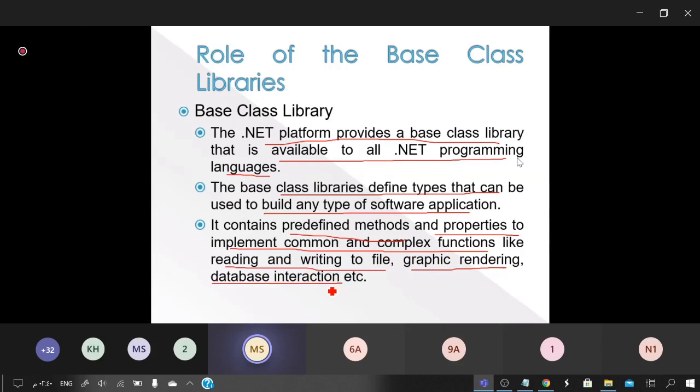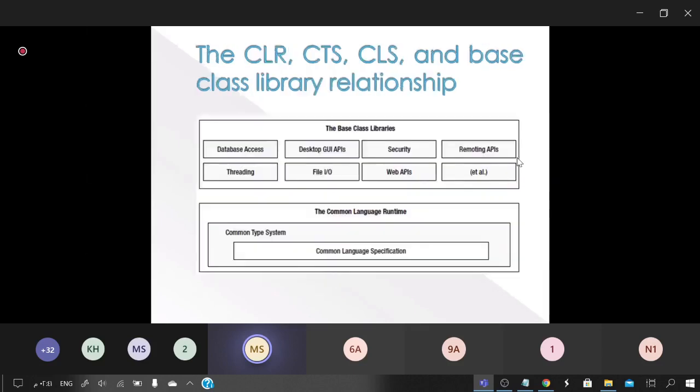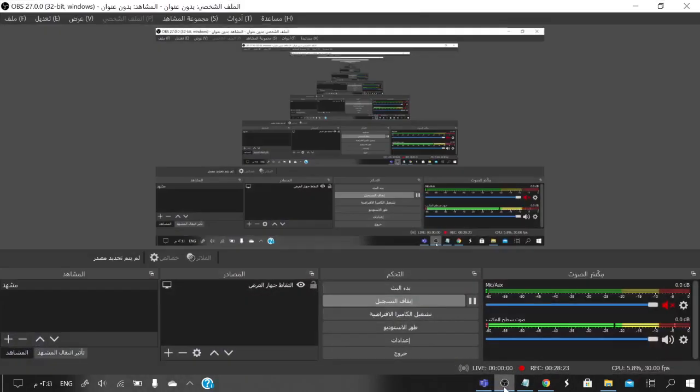Even the securities, the web applications, if you want to develop a web application, communicating with the web APIs, file input, output, and all. So these are all methods and functions available in the base class libraries. So there are a lot of base class libraries available in the .NET platform. So you can see in this figure